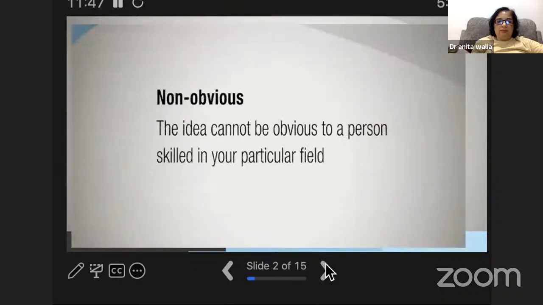The final requirement in patentability is very, very difficult. The third one is non-obviousness. Non-obviousness is the requirement that your idea should not be obvious to another person skilled in that particular area of science or engineering, wherever it is. So if a person who is an engineer in mechanical engineering finds what you are thinking obvious, if you're talking to him and he says, okay, fine, this is already the solution, then that cannot be patented. And this is the most difficult part of it.